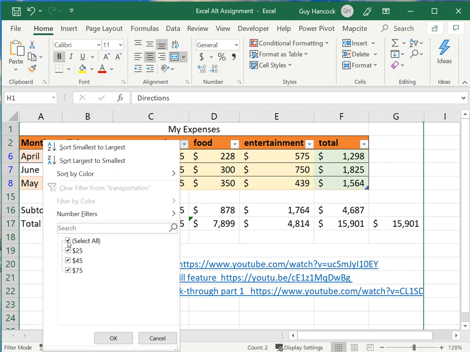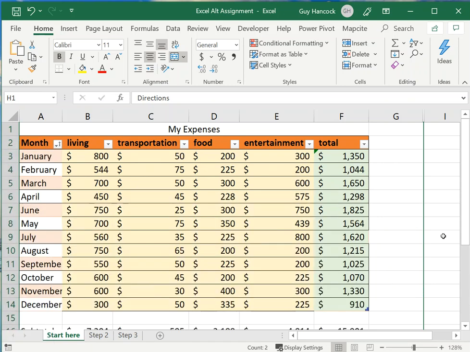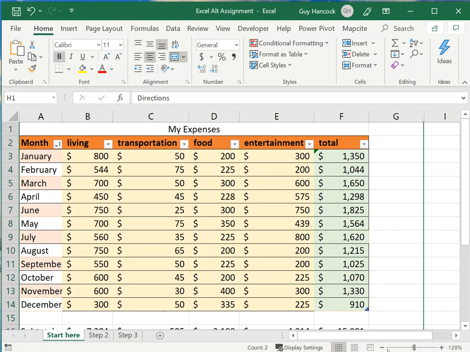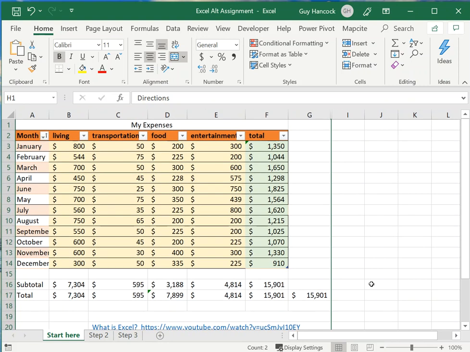This select all, if I click this, it unselects everything, and then I can click the ones that I want. So that's what I'm going to do over here. It's a little off screen, you won't see it. But I'm going to select all, and that will show all the rows of the table. And I'm going to decrease this a little bit so it fits on the screen. Maybe just a little bit more. Okay. Alright, so now that we have